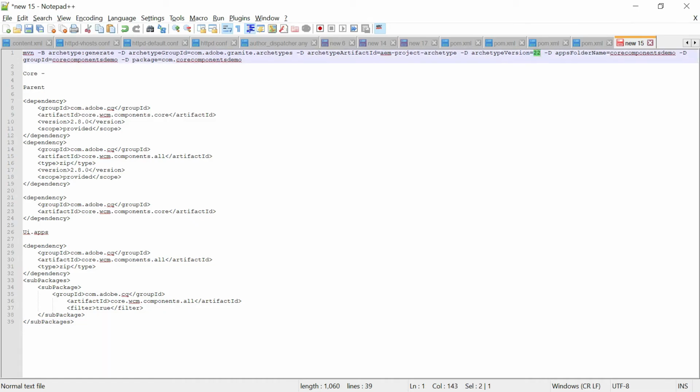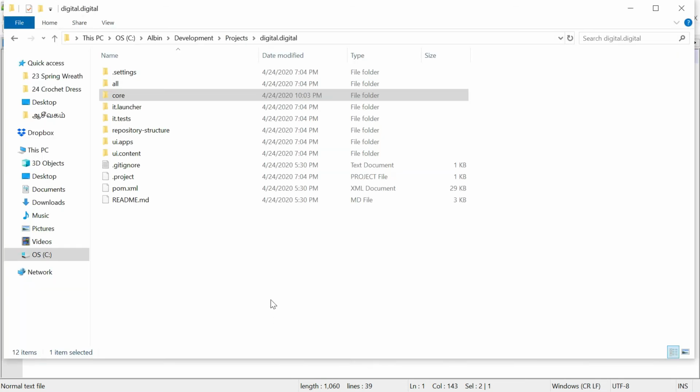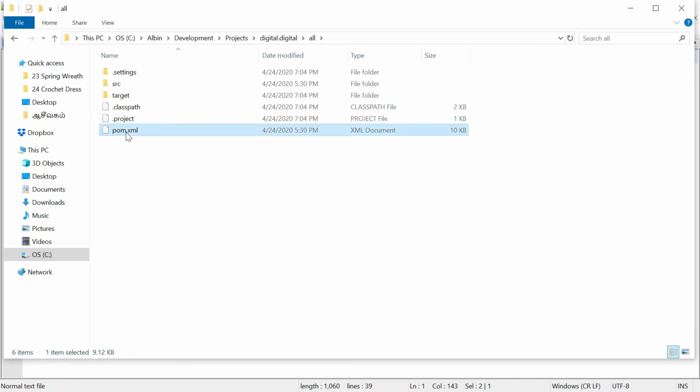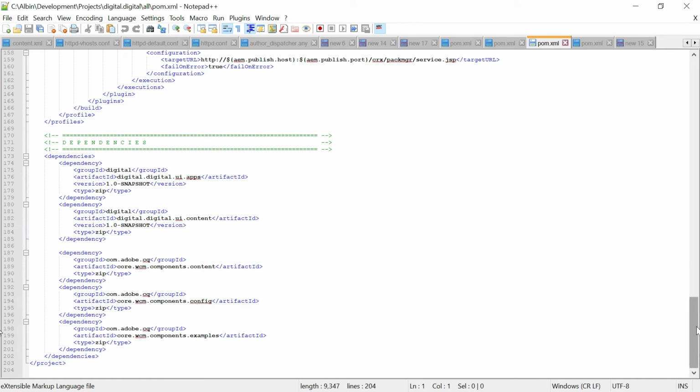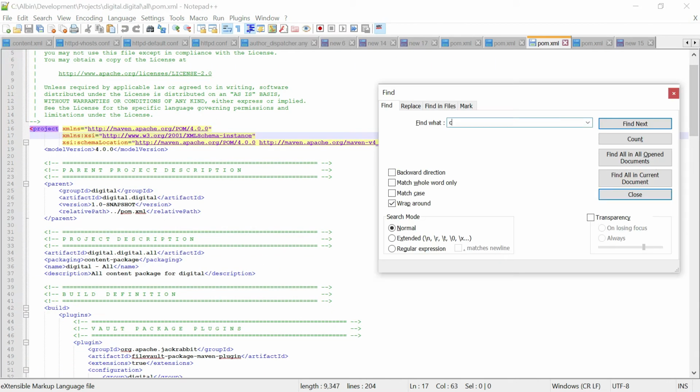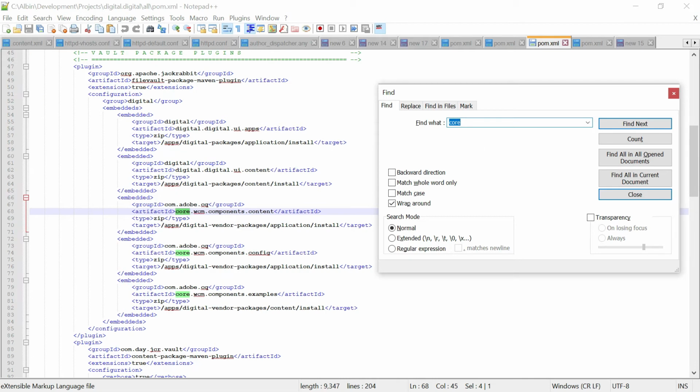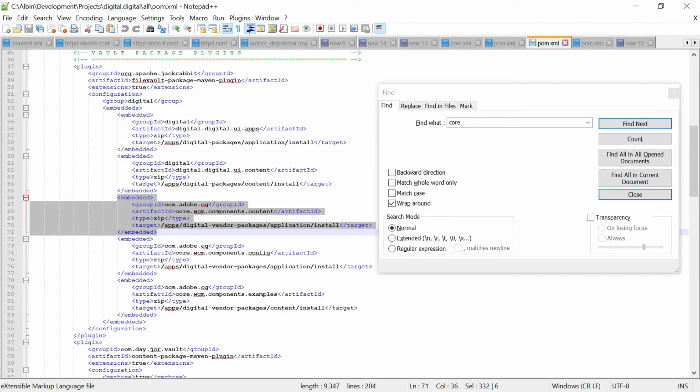So now 22, if I go to my project, okay, if I go into the all, edit.html, if I search with core, yeah, you can see here the packages are getting embedded, core.wcm components content, then the WCM components .config. Also the example components also get embedded.